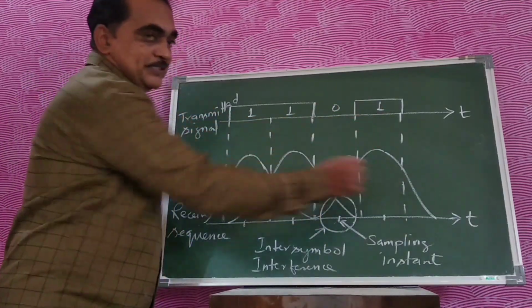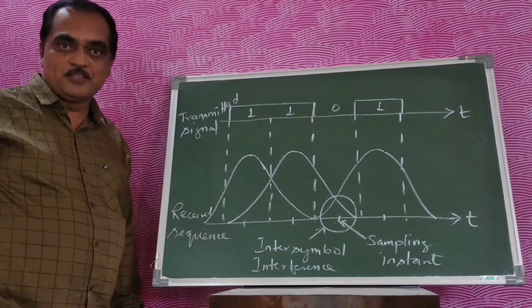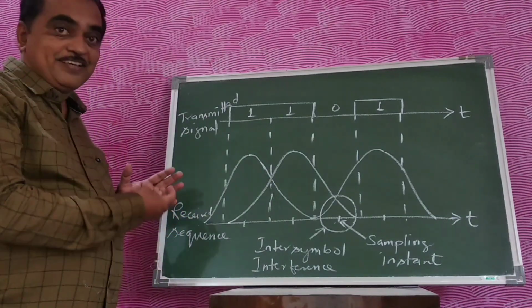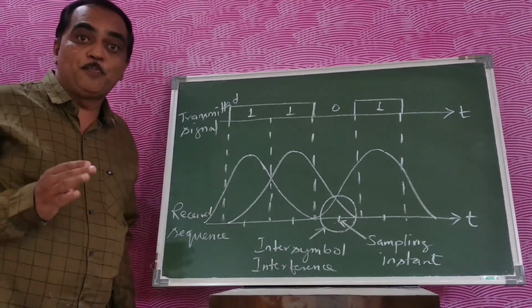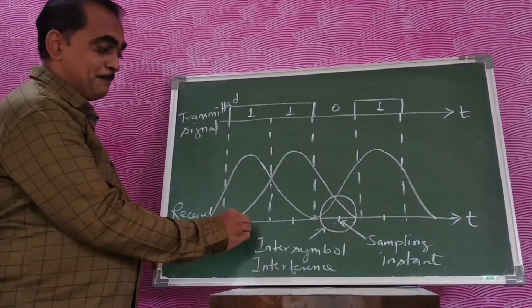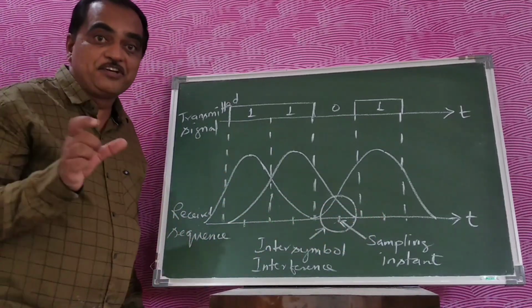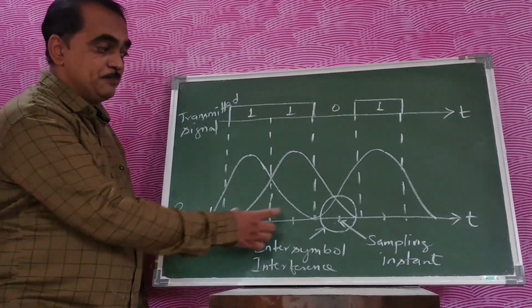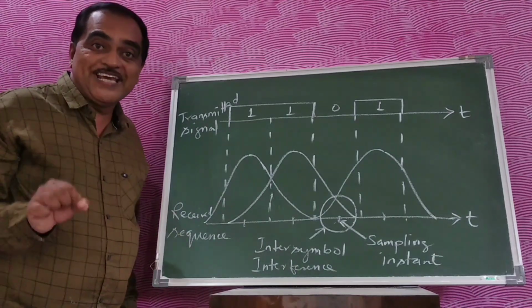Again, for 1, there is a pulse. But in this received sequence, you can see that the pulses are not properly aligned based on their sampling time. This is your sampling time at each interval. At each interval of TB, you have a particular sampling time where you are going to check the amplitude